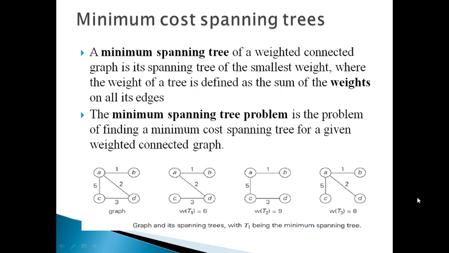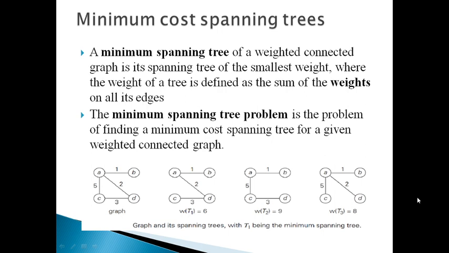A person going from Belagavi to Bengaluru has three paths. One through Hubli with cost of 400 rupees, one through Ballari with a cost of 600 rupees, one through Mangaluru 800 rupees. So minimum cost path is through Hubli. So we will find a minimum cost path from Belagavi to Bengaluru. In the same way in minimum spanning tree, we need to find a minimum cost spanning tree for a given weighted connected graph. In slide, given a graph with 4 vertices and 4 edges.